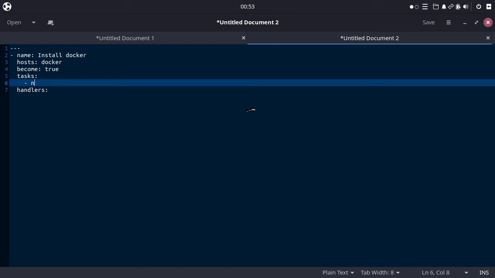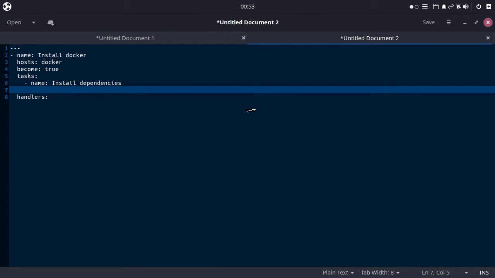Okay, let's put a name on it: Install dependencies. Something like that. And what command are we going to use?